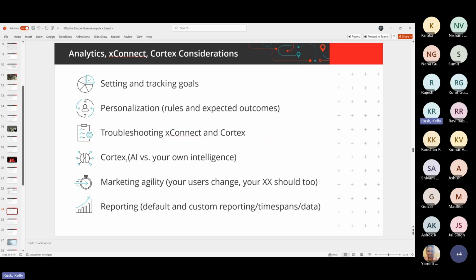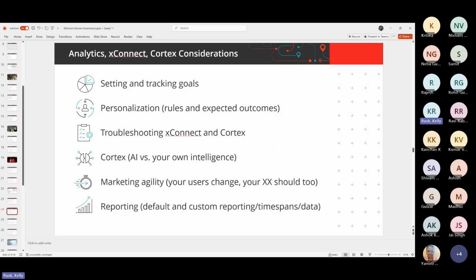We used to have Cortex here, which is now, for those of you still using Cortex, or never used it, I use it just as an example, or you're using Sitecore AI. This is not just for your public users. When you think about Sitecore AI, it's really talking about who can create the rules that are going to be used.